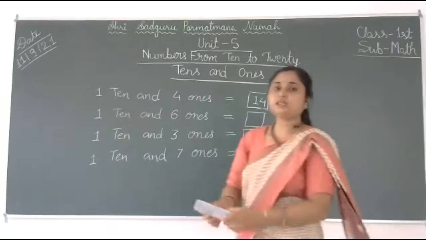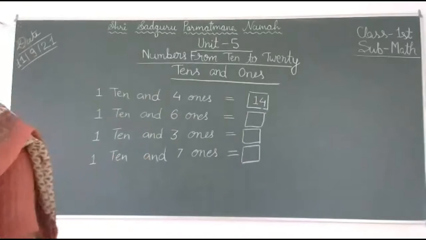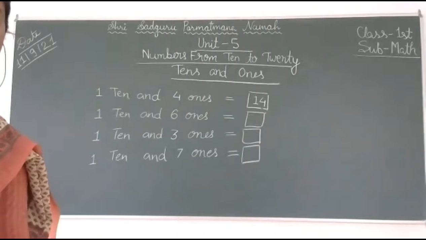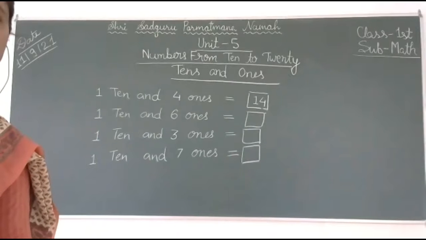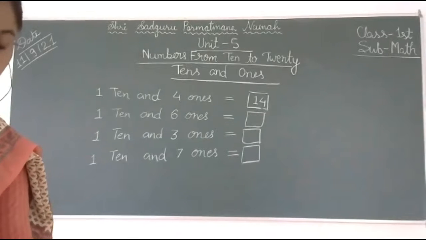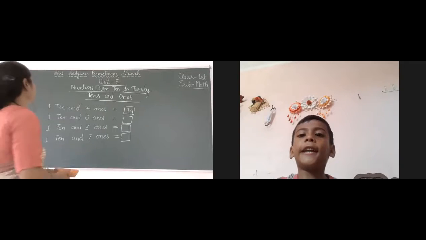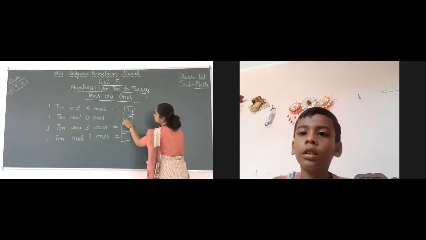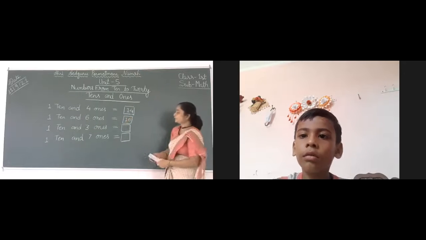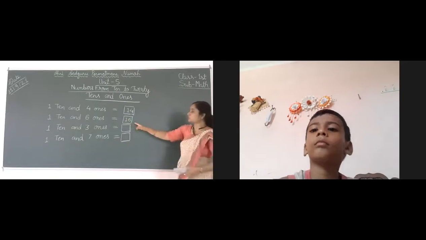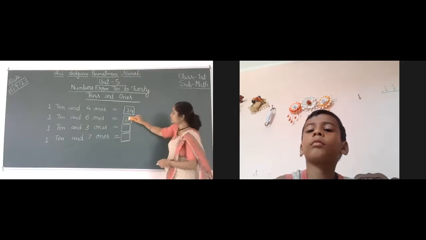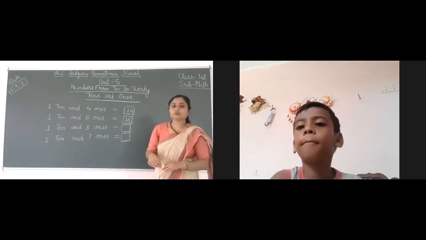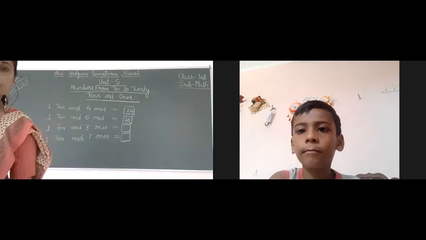And give me answer, 1 ten and 6 ones. 1 ten and 6 ones is equal to 16. Okay. 1 ten and 6 ones is equal to 16. Very good. Okay. Now next is